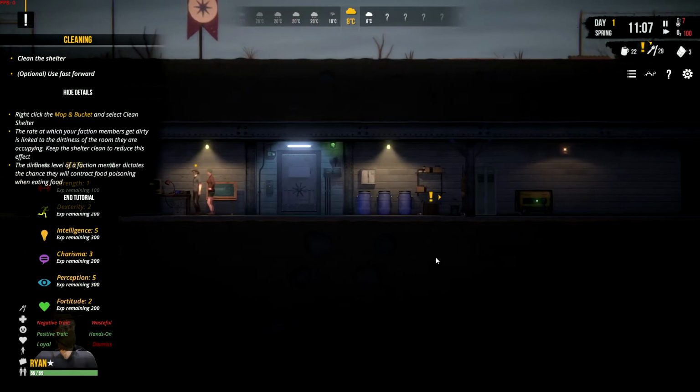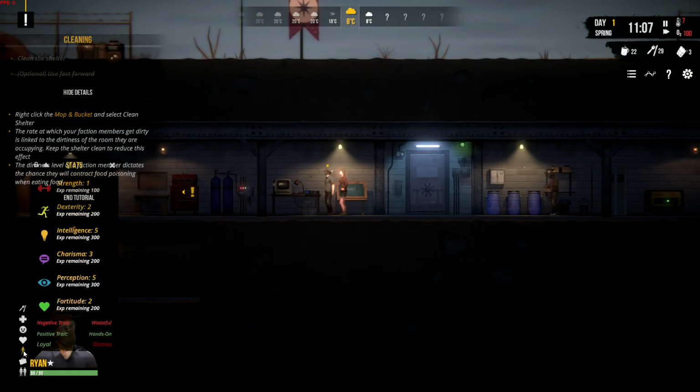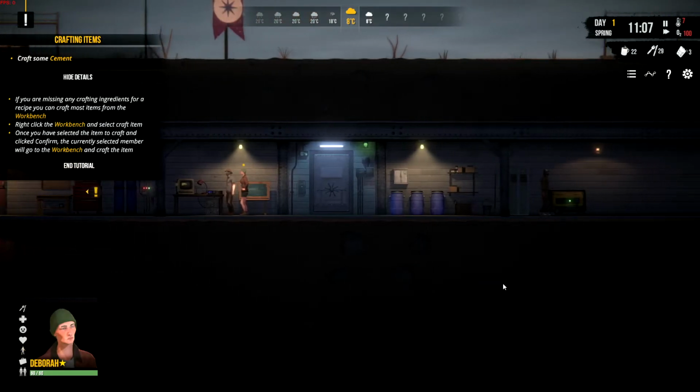Clean the shelter. Well, sorry, Rob, that falls onto you. You're standing next to the bucket, and it's your job to do so. So get cleaning, friend. That is your job. You are the mop and bucketer. We have the intelligent person. We have... What's your traits? We have... No, you're the intelligent person. We have the leader. The leader is not going to start cleaning up all the poop on the floor